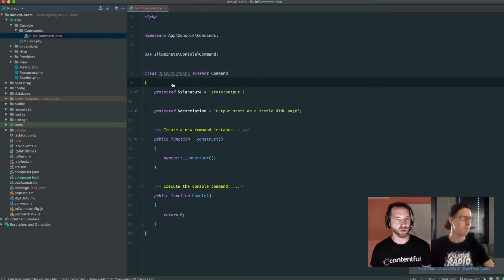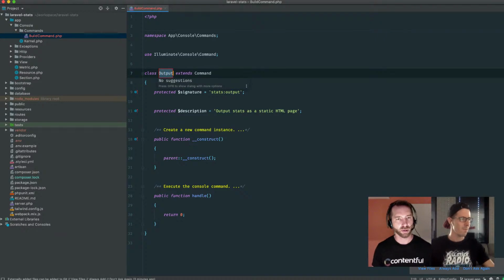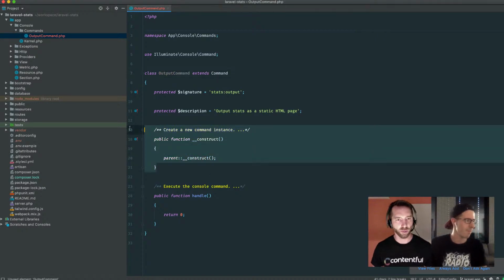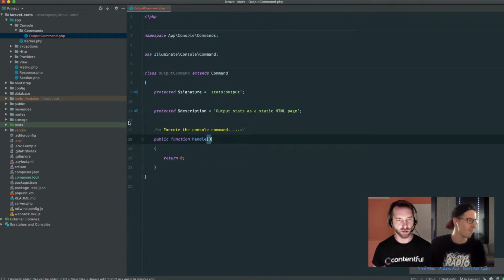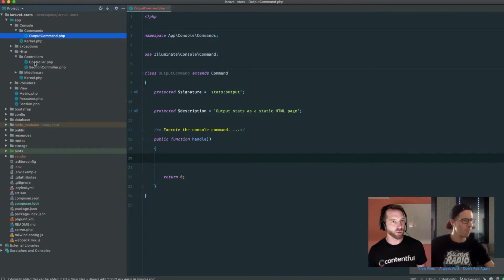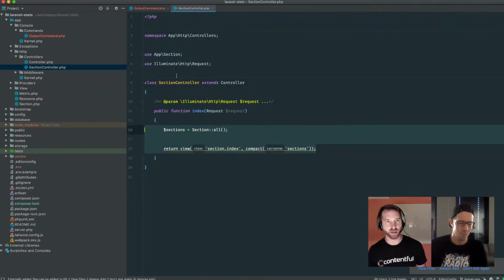Whoops. Let's use PHPStorm's handy dandy refactoring for that. So let's do, oh, I don't have my lights on, so I can't see. Output command. Do it. All right, we don't need the constructor. That's not doing anything. And then handle. So I think the easiest thing to do would probably just be what we do in the section controller, and just like take